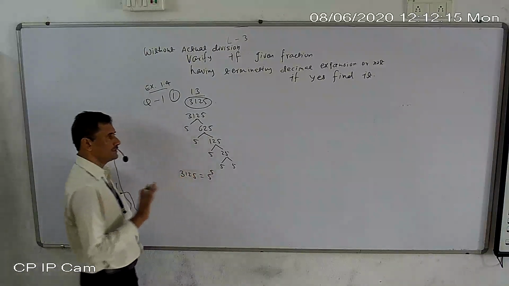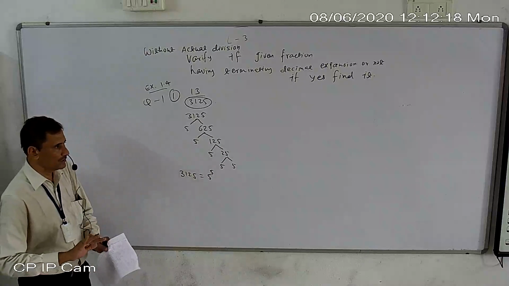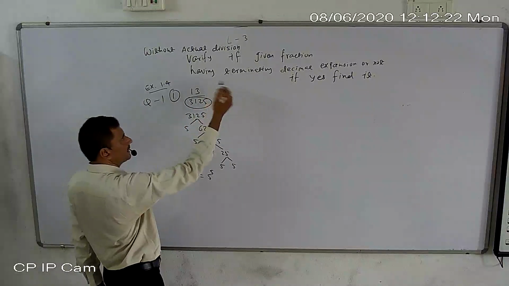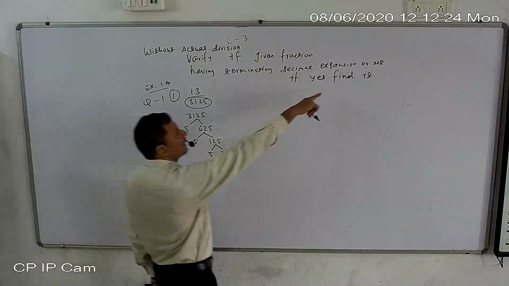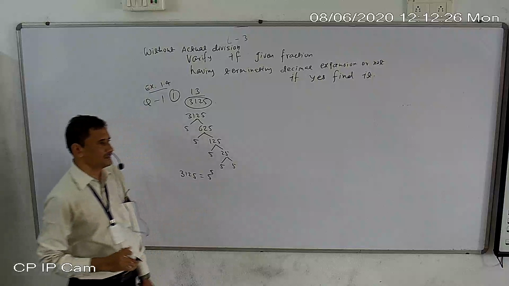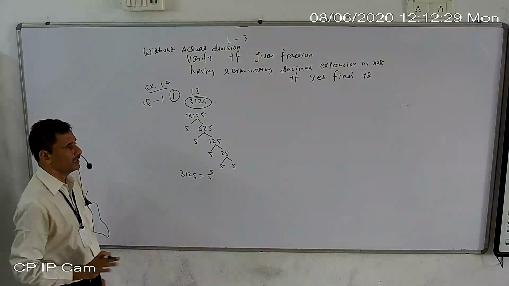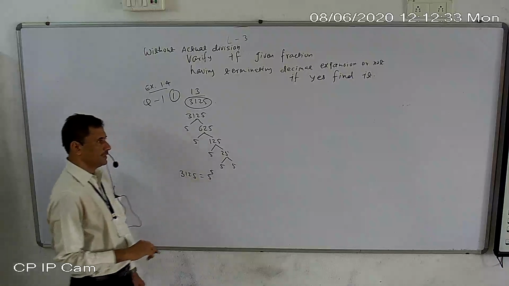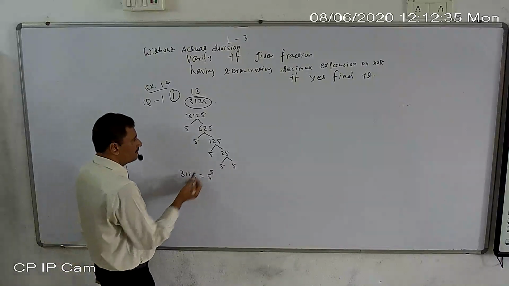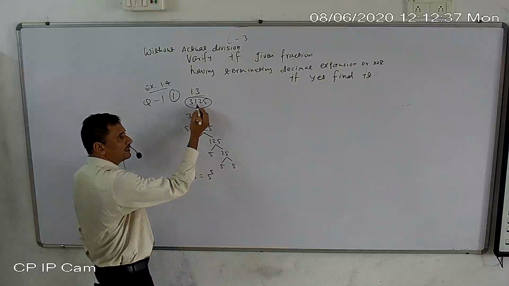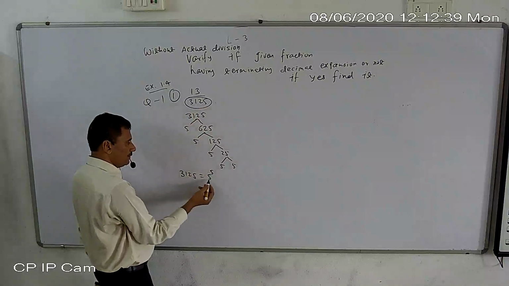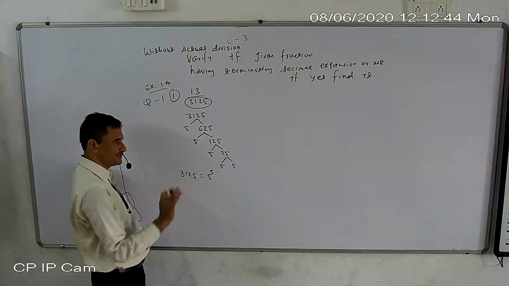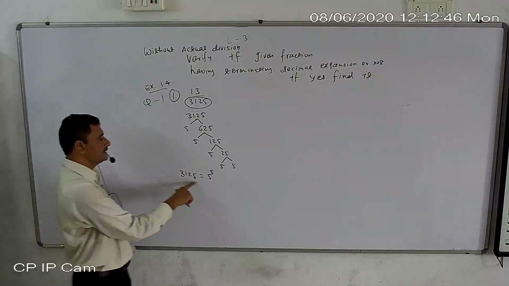So this is the prime factorization. This is only the initial step. Now how to go ahead? How to find the exact answer, whether it is terminating or not, and if yes, then how to find the terminating decimal expansion. If it is not terminating, then stop there only. Now the rule: if you find the prime factorization of the denominator, and there is 2 or 5 as a base only, then it is terminating.